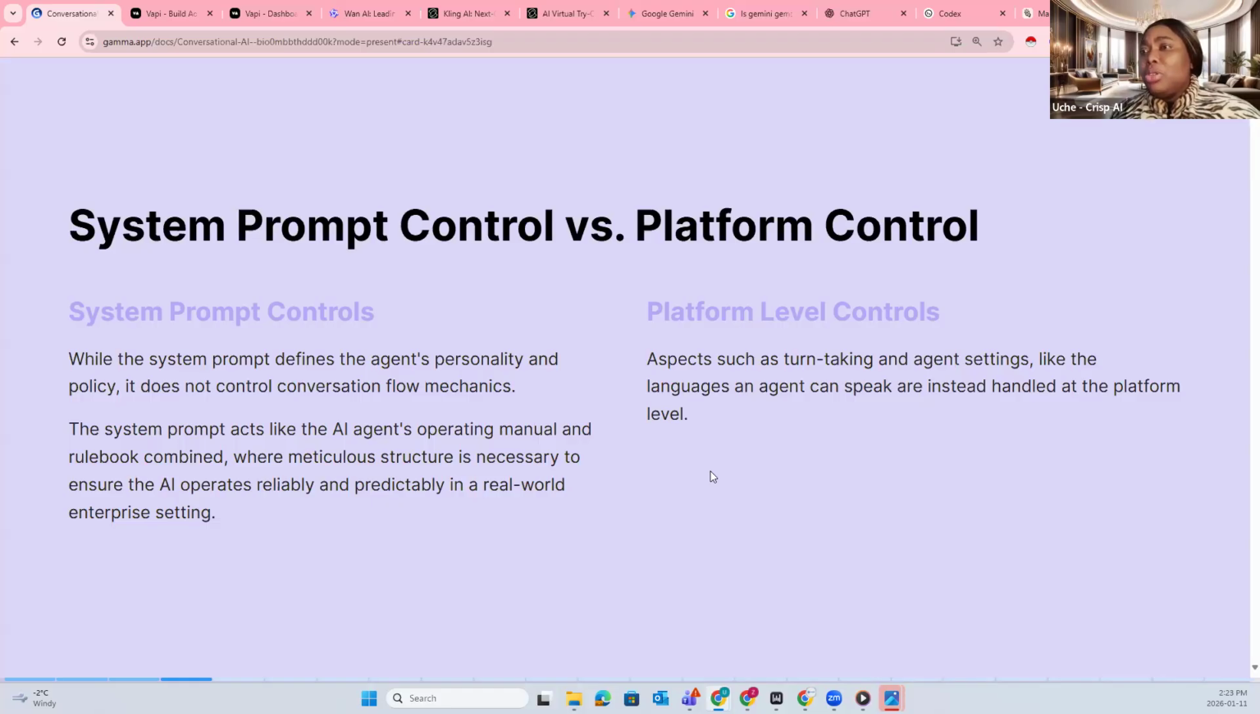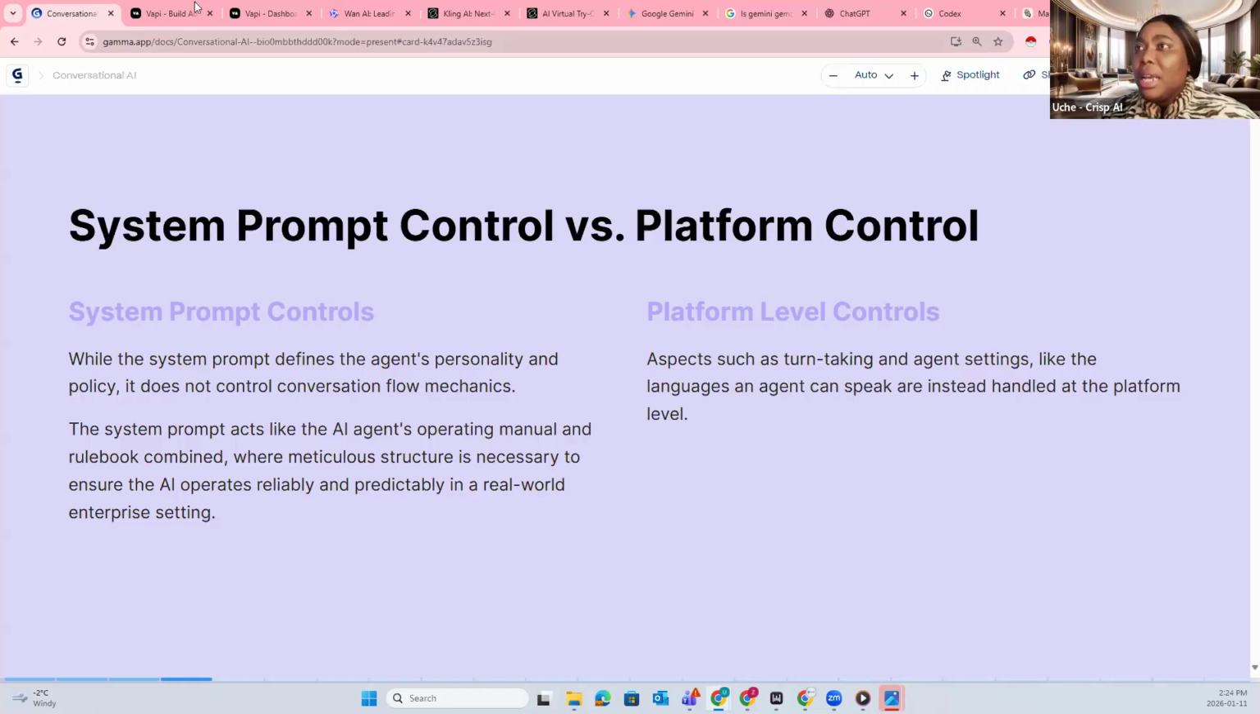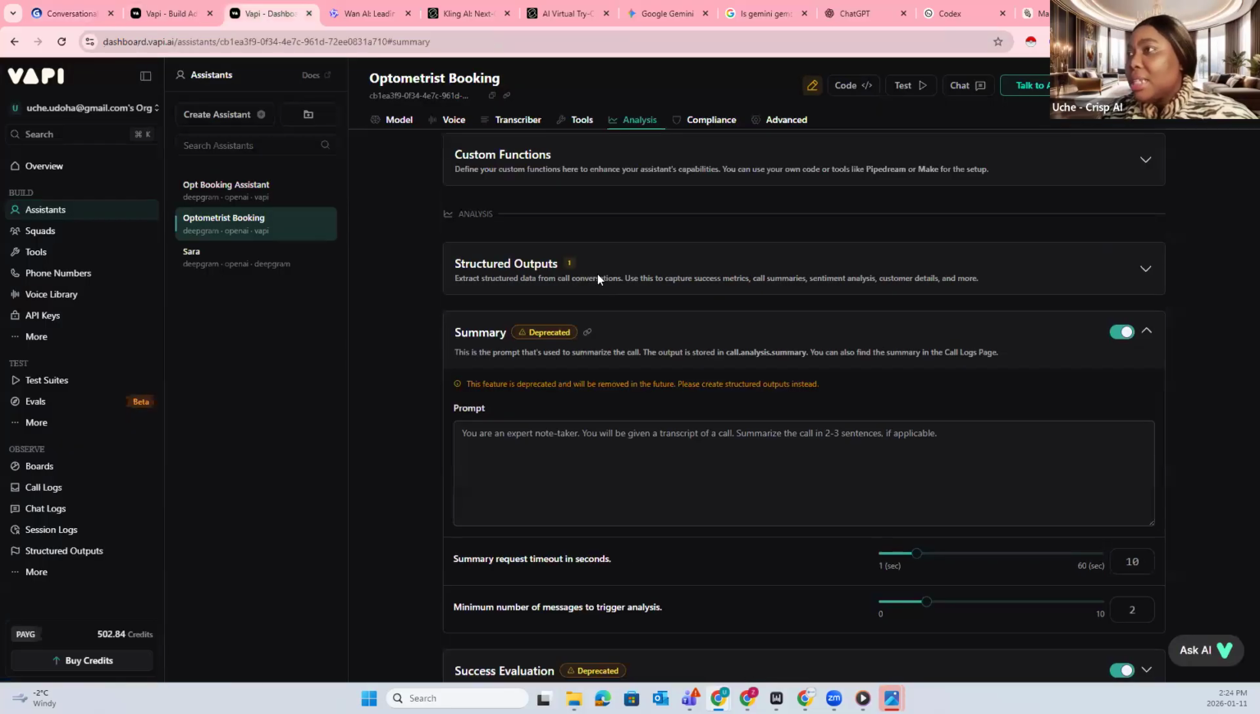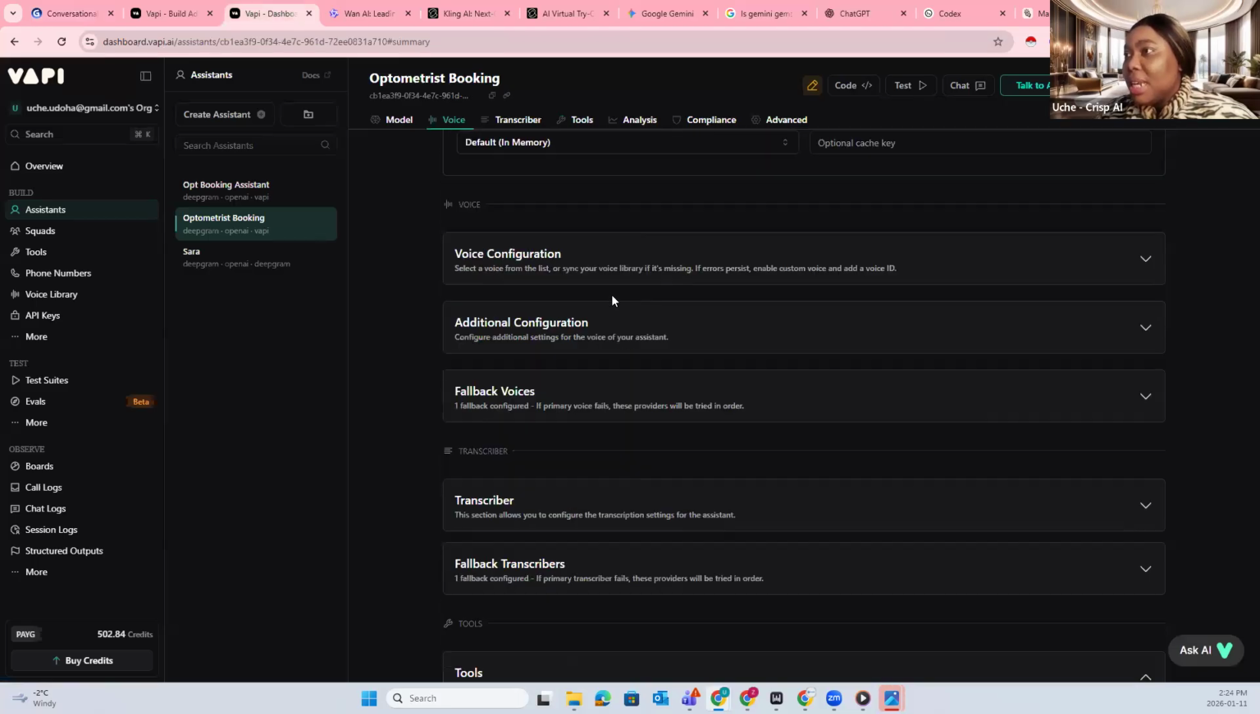So the system prompt controls the agent's personality and the policy. Now, the platform controls who is going to speak. How are the turns going to be taken? Is it the agent that speaks first, or the customer or the client that speaks first? It also controls the language. So you can see where I went to select whether it's English or, if I want it in French, I can select French. So the platform, and when we talk about the platform, that is VAPI, controls